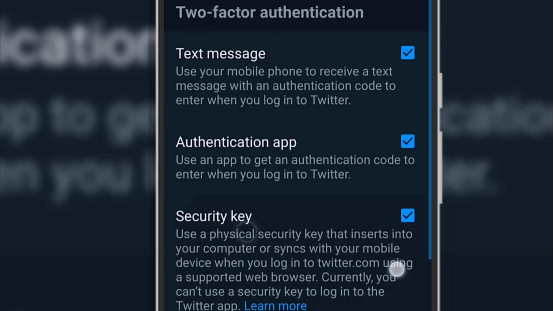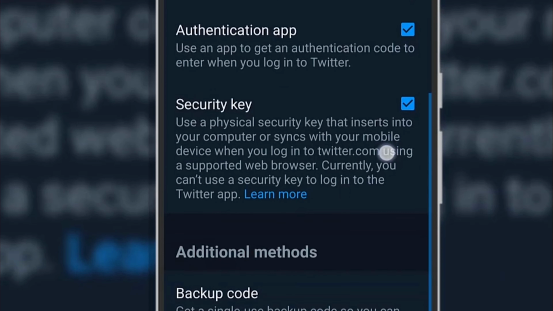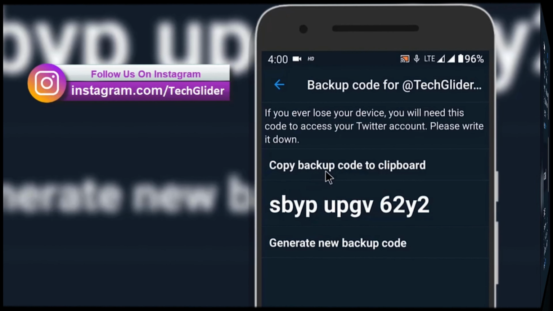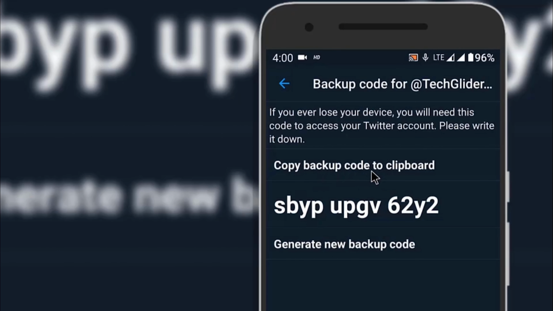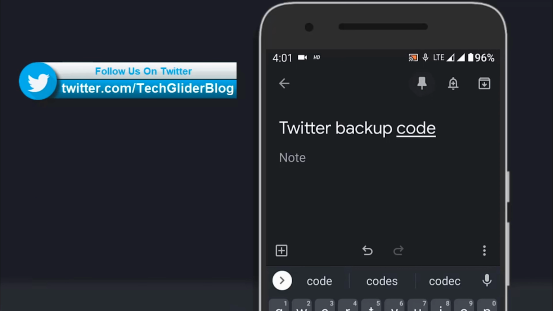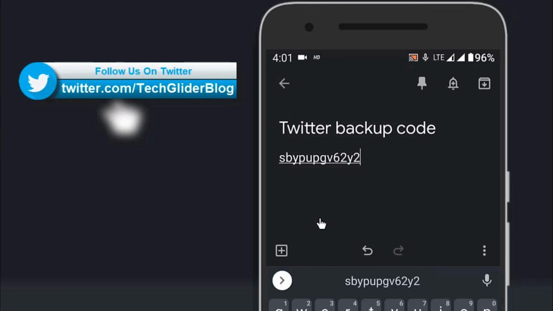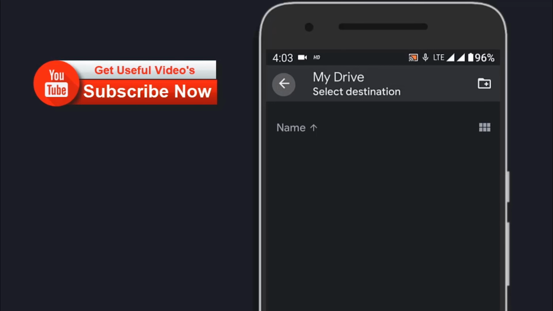Scroll down a little bit and click on backup code, which is located just below the additional methods. Here you will see 12-digit single-use backup codes for Twitter. These can be used as a two-step verification method for logging in to your Twitter account. You can copy these codes to the clipboard and paste them wherever you like, or take a screenshot of it and save it in Google Drive, or write it down on a piece of paper and store it in a safe